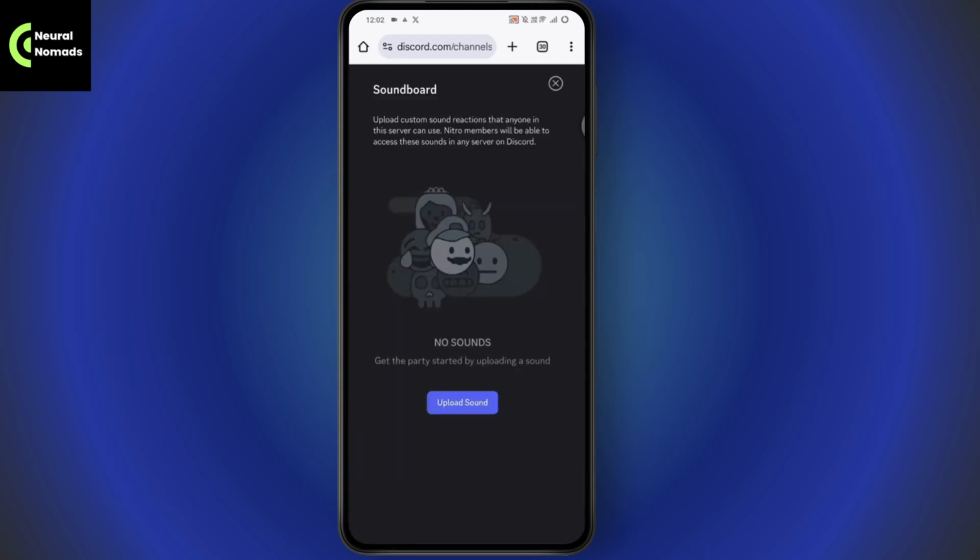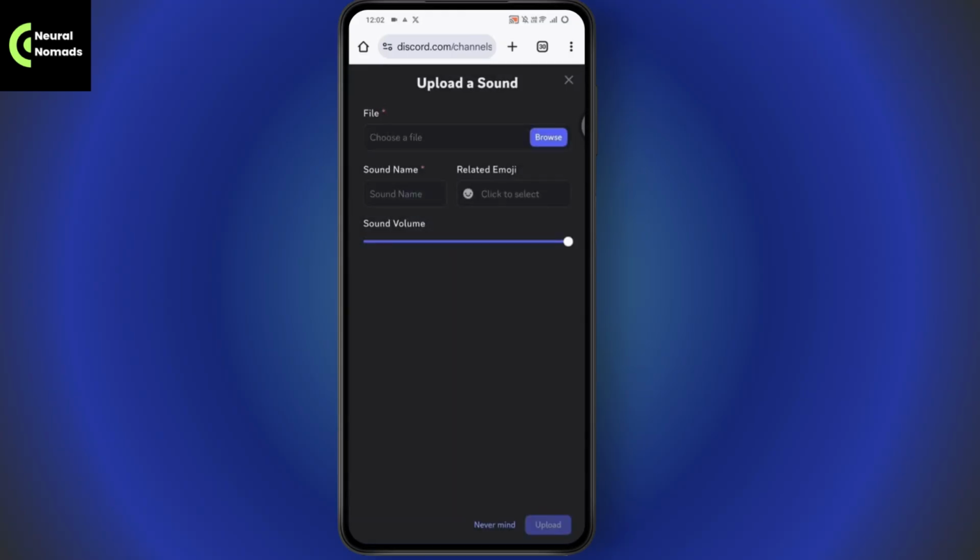Once you tap on it, now from here, you need to tap on upload sound, which is on the bottom of your screen, and select any sound that you would like to upload. So tap on upload sound and then choose a file, go with browse and then select a file and enter the sound name and go with the related emoji and then go with sound volume and tap on upload, which is on the bottom right. And in this way you'll be able to add